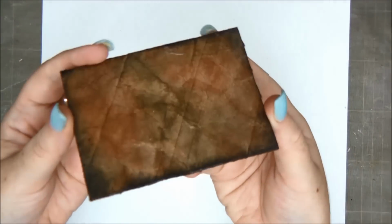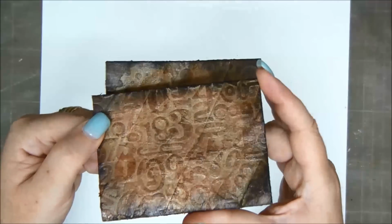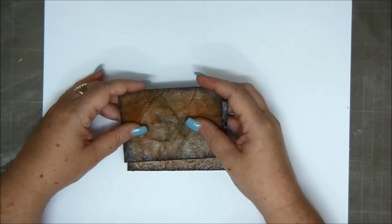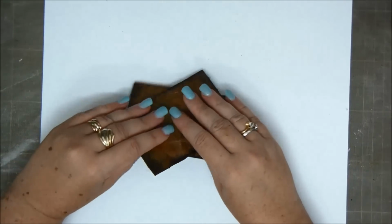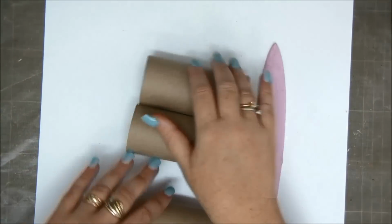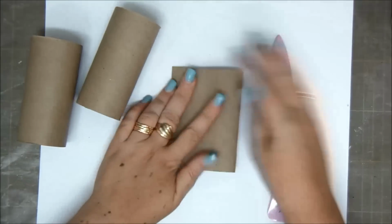And today we are gonna make this. This is, what do you think this is? This is a toilet paper roll that I made into a faux leather look. So we're gonna create a mini album, a steampunk mini album that has toilet paper roll pages that look like leather. So we're going to create faux leather, and we're going to start by